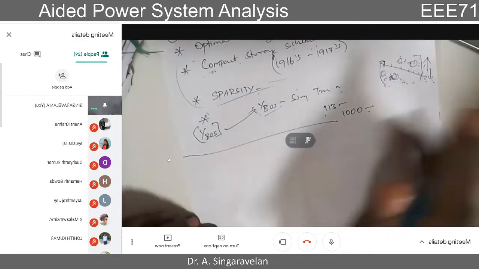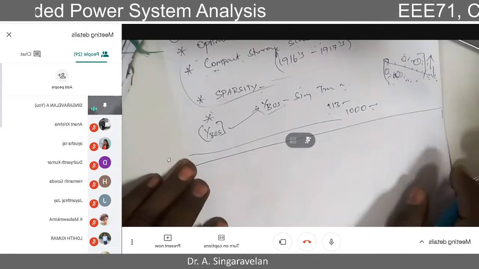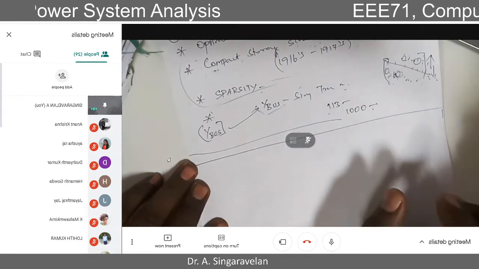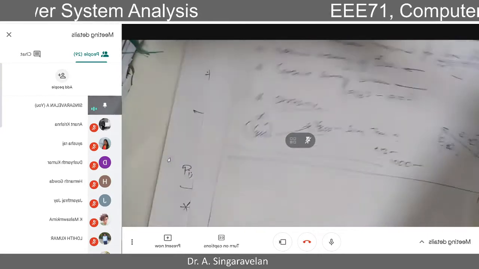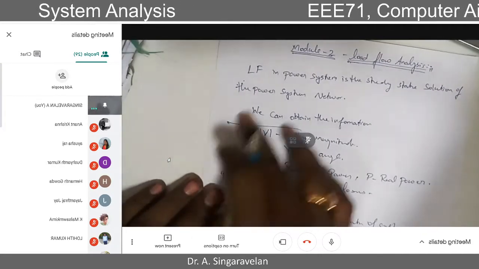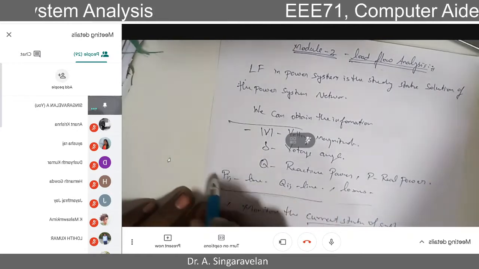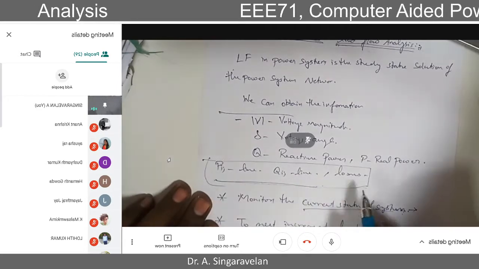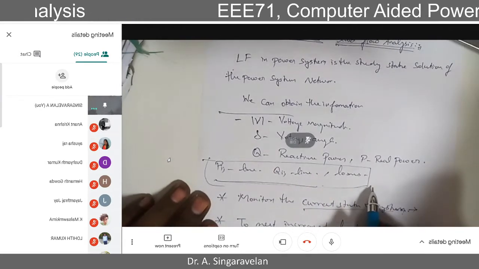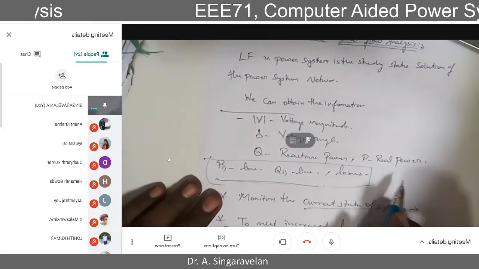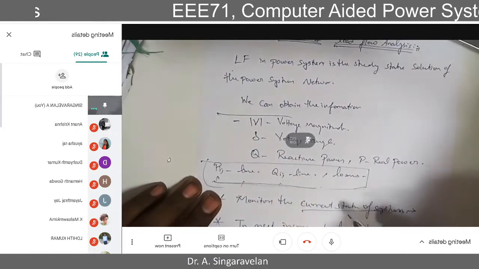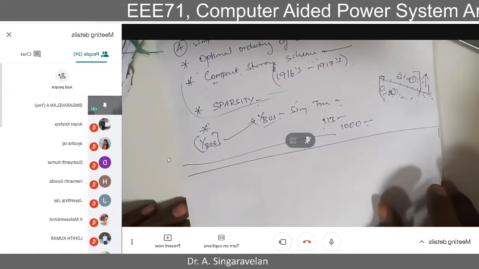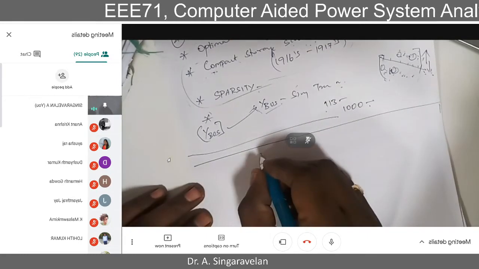Okay. Next, slowly we will enter into the load flow problem statement. So how can this problem statement be given? We know that from the load flow we are going to find out these magnitudes or this information for any given network. These are all the important things we need to take from this analysis. If that is the case, then what is the problem statement? Without a problem statement, we will not get these values. So how do we form the problem statement? That is the next one. I will name this the load flow problem.